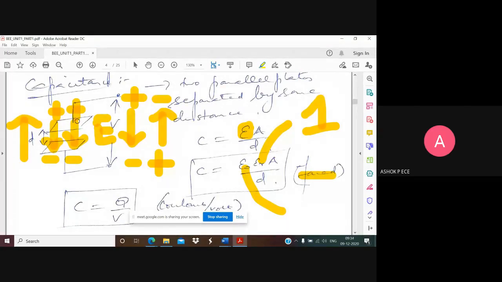Same thing. You call it electric flux. There it is magnetic flux, here you have electric flux. So you see here, the upper plate is positively charged and the lower plate is negatively charged, right? Whatever current is going to flow, it is going to do the same thing. See the polarity, it is going to oppose the voltage which is going to produce the current. It is going to oppose it.